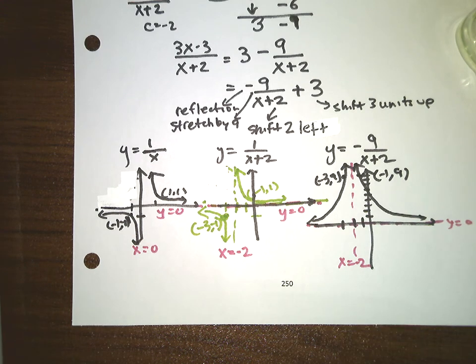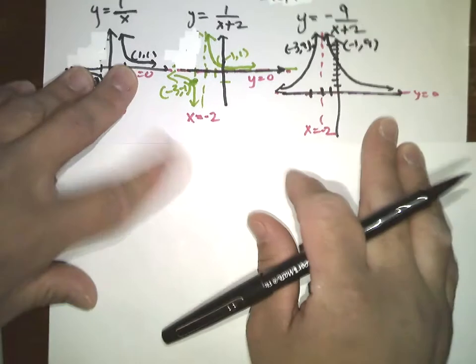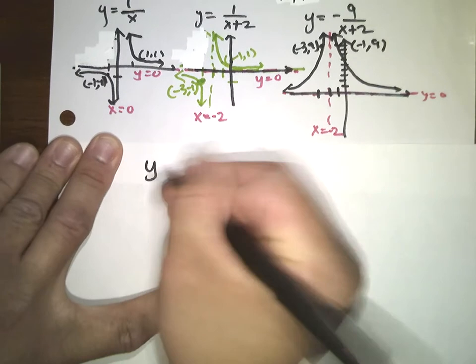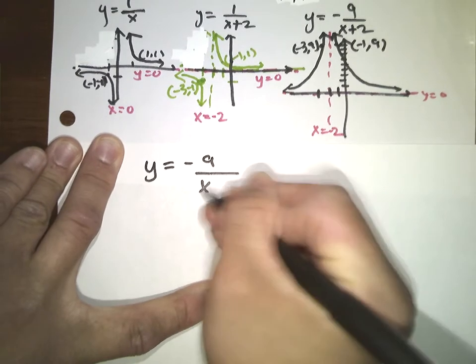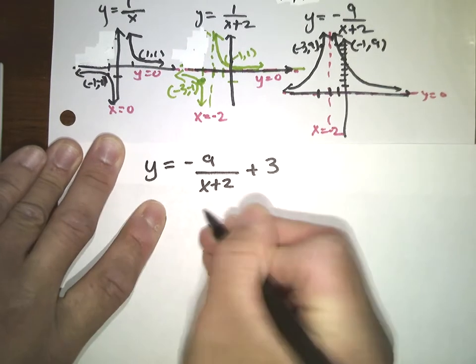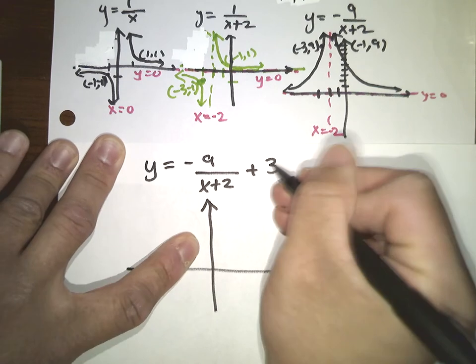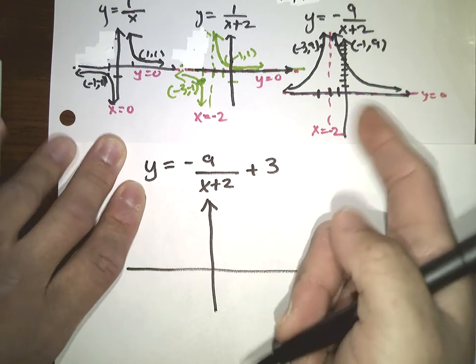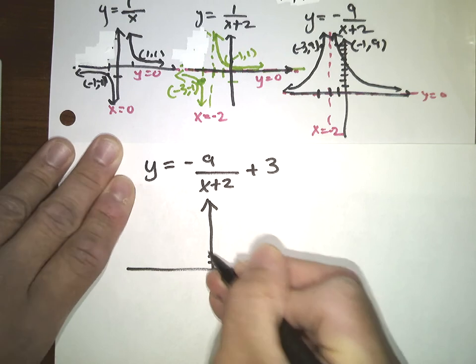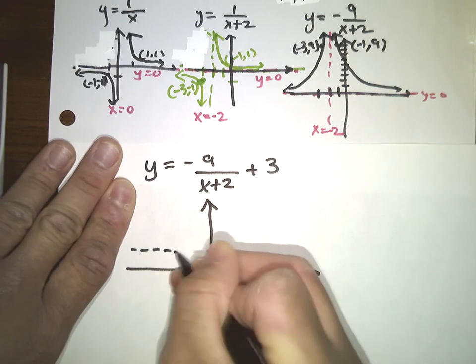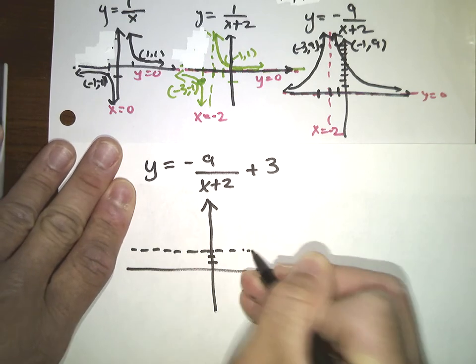All right, so now if I shift this 3 units up, I actually don't even know where this is, because I think the paper fell on the floor. I can't see the top of this paper anymore. So regardless, we have y is negative 9 over x plus 2 plus 3. So now I need to shift this graph up 3 units, including shifting the asymptote up to be the,